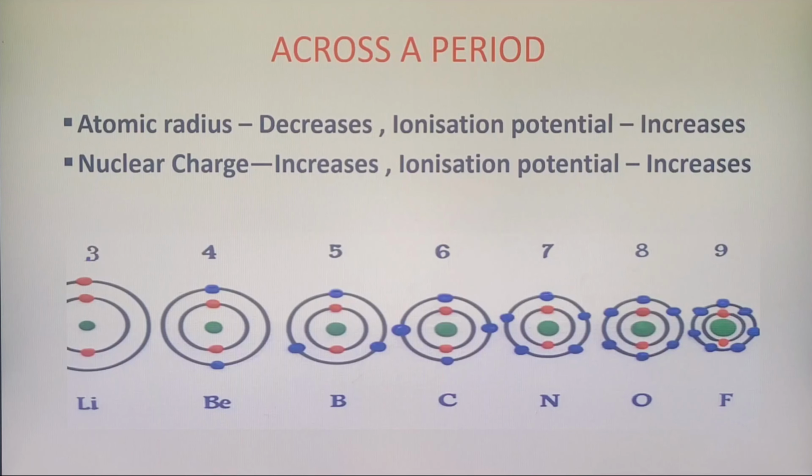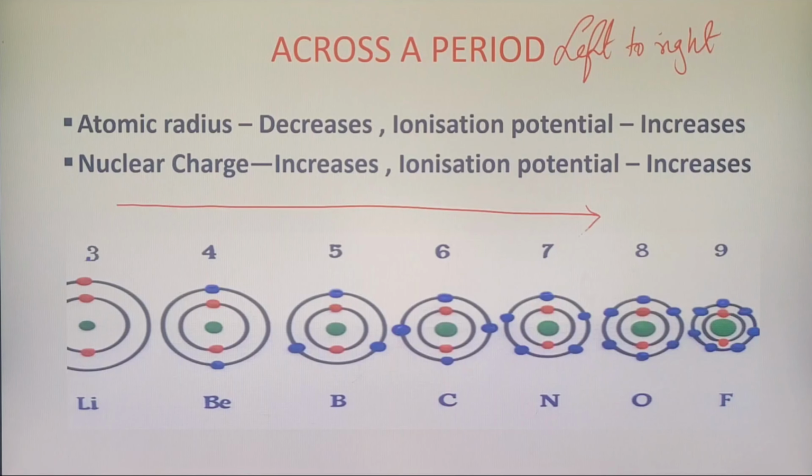So let's start now with one of the last things, that is we will discuss the trend from left to right. So we will first start with how ionization potential differs across a period. What is the meaning of the word across a period? From left to right. So we know what are the two factors that will affect ionization potential. The first one is atomic size. So we have lithium. We have taken the second period here, children. So we have lithium, beryllium,